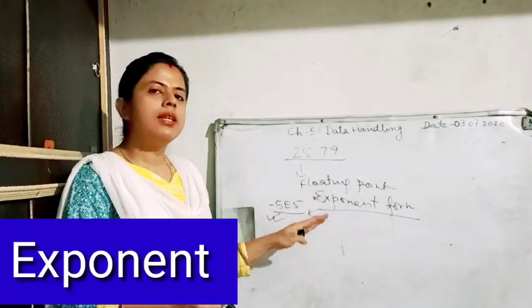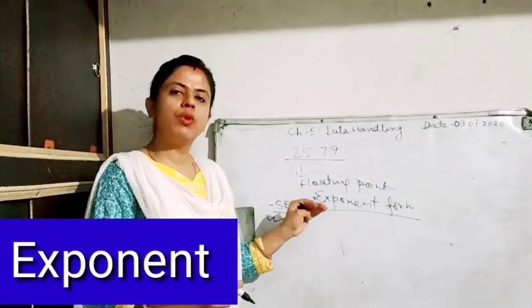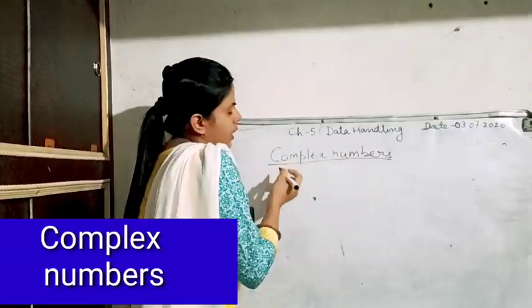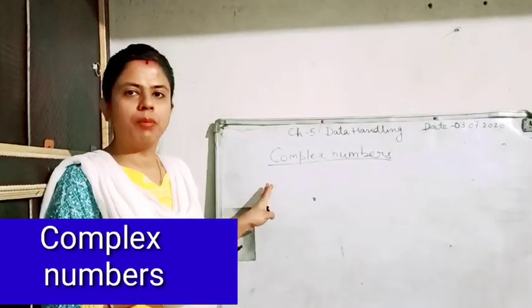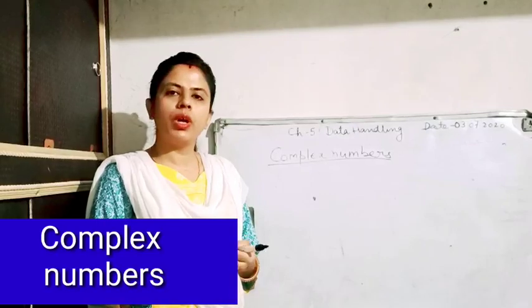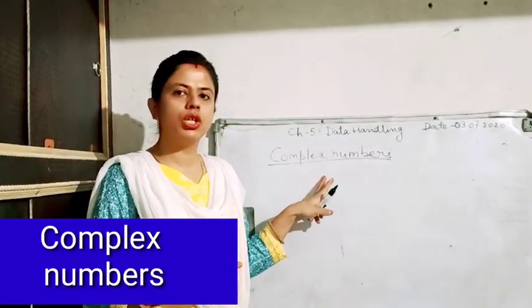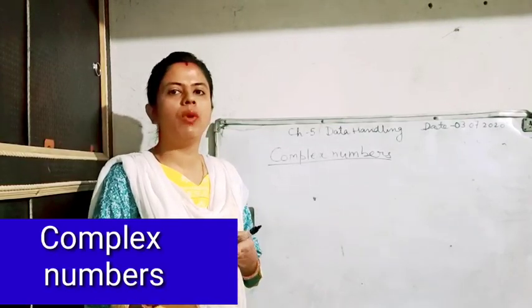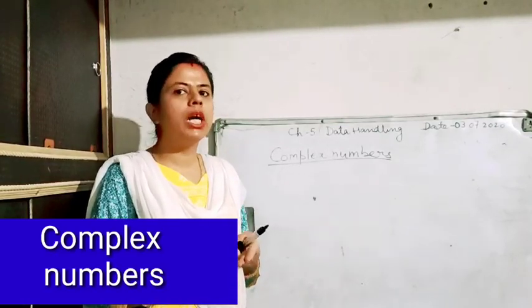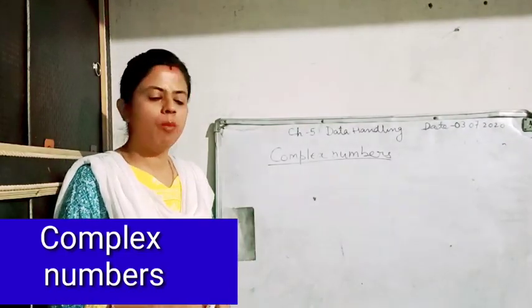Now, as these were the revision of the last chapter in which we have learned about these data types, the next part is the complex numbers. So under the number data type we have three parts: integer, floating point and complex number. Integer has two parts, integer and Boolean value. Floating point has two parts, floating point number and exponential form numbers. And now comes the complex number.